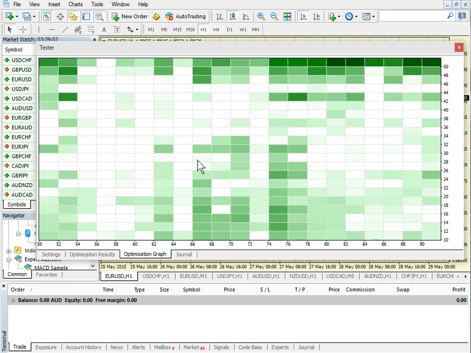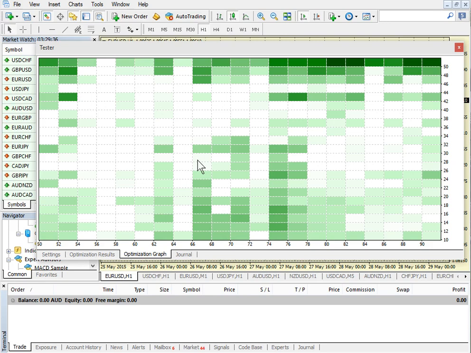Now, as you know, in Traders Gift, we have literally up to 100 variables that we can optimize. I certainly don't recommend that you optimize too many variables. In fact, I would say about 16 is a maximum, and not forgetting that we're going through billions of iterations, and whilst both MetaTrader 4 and Strategy Optimizer use a genetic algorithm, they are quite different. And without getting too much into the praises of Strategy Optimizer,